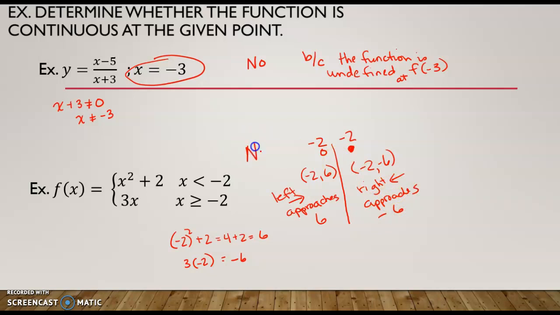So the answer would be no. And you could get that off your graph because you've got negative 2, positive 6 up here, which is open, and then negative 2, negative 6 down here, which is closed. They don't approach the same point. So that would be no, also